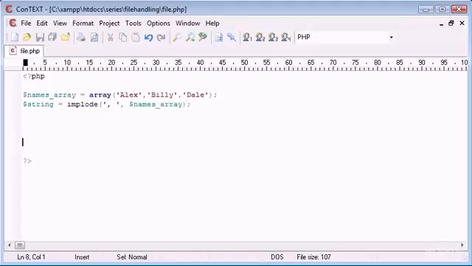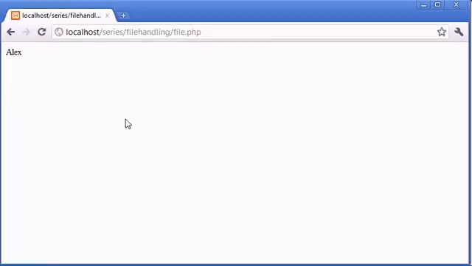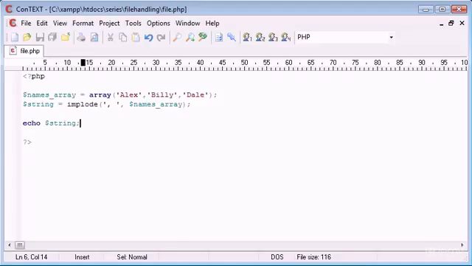Now what we've actually done here straight away is we've taken away the array and we've created a string. So now if I just echo out string, you can see that we've created a string from this. So if I was reading in that data with the commas and I wanted to then output some updated data, I need some way of taking that array, putting commas back into it so I can pop it